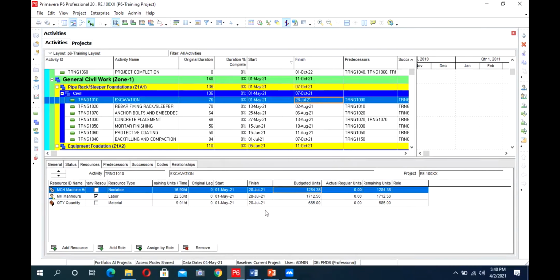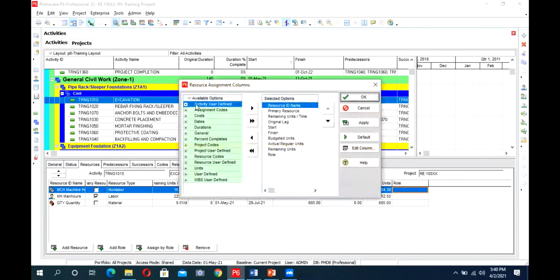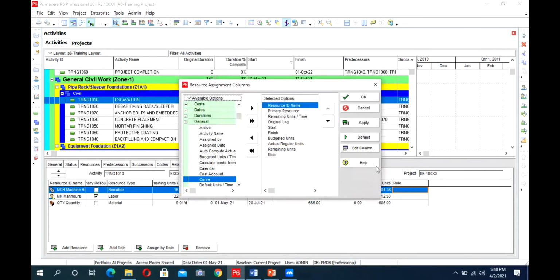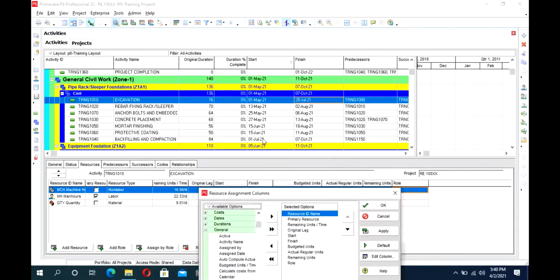Either these resources are going to remain continuous on the activity, or their loading will be as per some curve. So we are defining a trapezoidal curve. Right-click here and search for curve. If it is not already showing here, you can assign it from here.